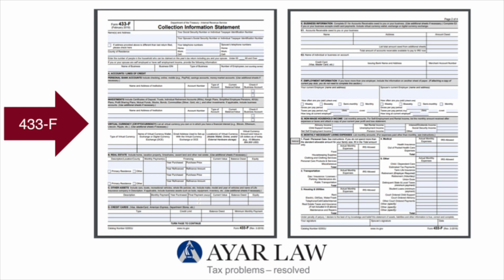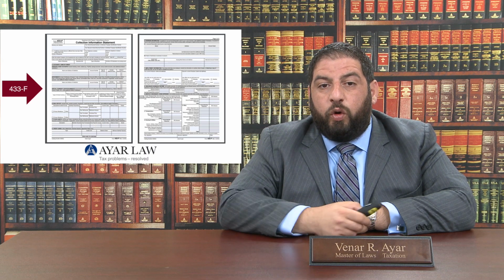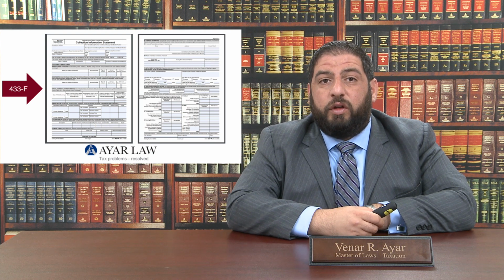What we were looking at with the 433As and the 433Bs was just the first page of the form. This is the entire form. It's a 2-page form where you list out the different sections: assets, income, expenses. You list out your taxpayers' expenses, and this is the information that the IRS Collections Office would ask you for over the phone if you're trying to negotiate an installment agreement or non-collectible status for